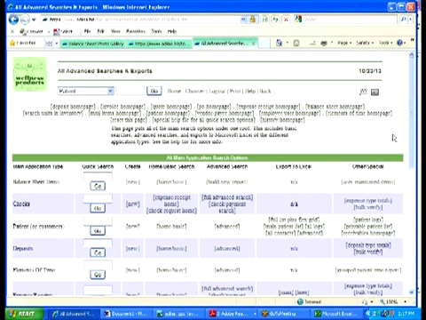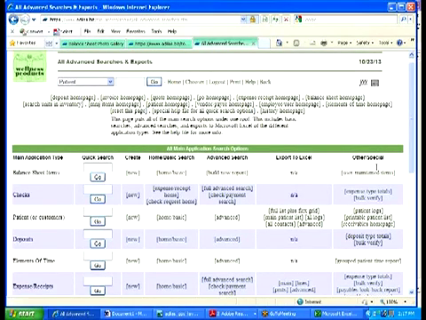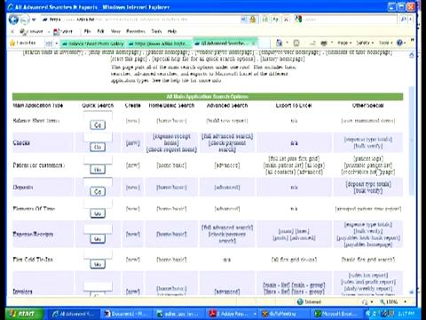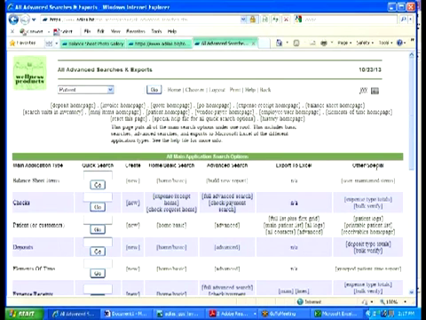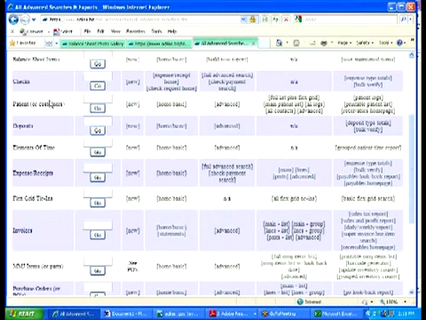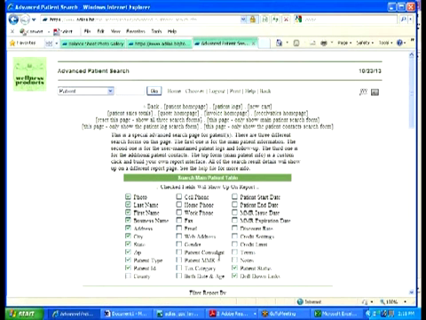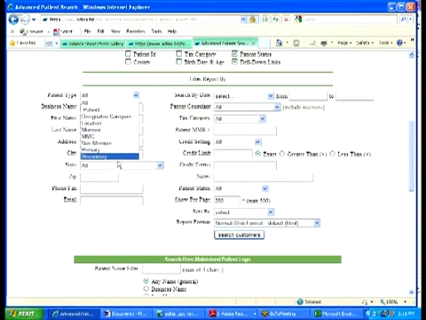Right here, this is an advanced search option, and it gives you a bunch of different options of how you want to search. So I would go over here to my, what do they call them? Oh, patients, yeah. Okay, and then advanced, and then I could uncheck or check whatever I wanted to pull up in my Excel spreadsheet. If I just want to do a quick email blast, I'm just going to click email, go down, and then also